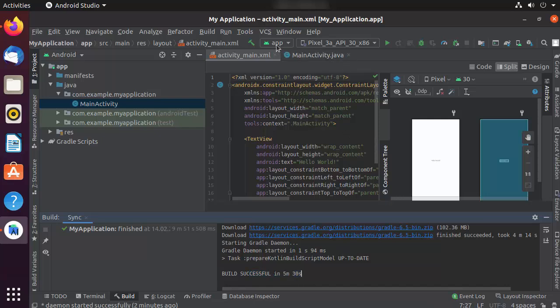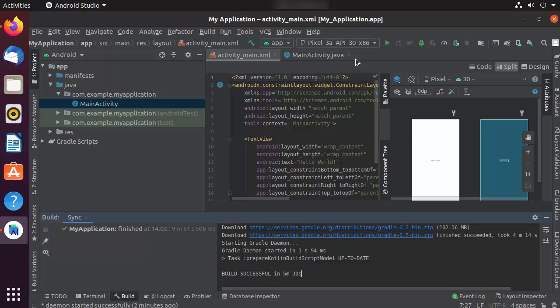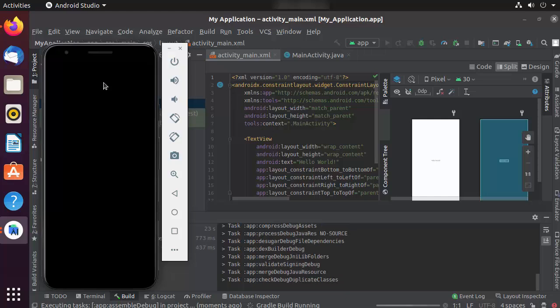Also, when you go on the top, you will be able to see by default the device on which your Android program is going to run, which comes with Android Studio by default. And let's run this program, and let's see what happens when I click on this run button. Because the build was already successful, I can just click on the run app button, which is going to open this kind of Android emulator